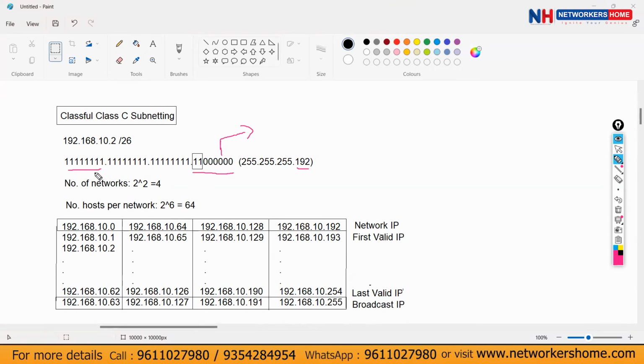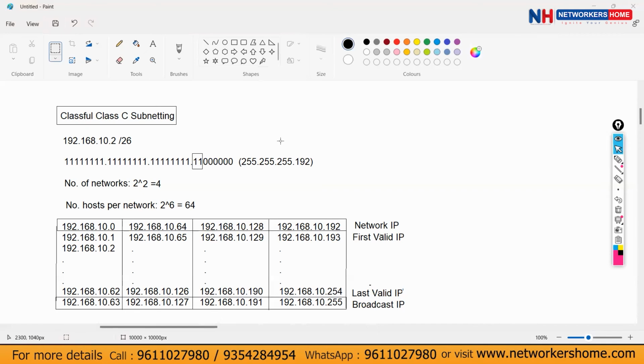Convert it to decimal, you will get 255. Convert this to decimal, 255. Convert this to decimal, you will get 255. Yesterday we saw conversions. Adil, yesterday we saw conversion from binary to decimal and decimal to binary. Oh, okay, sir. I will go through that class once. Once you watch that video, you will understand how we are getting 192. Okay, sir.